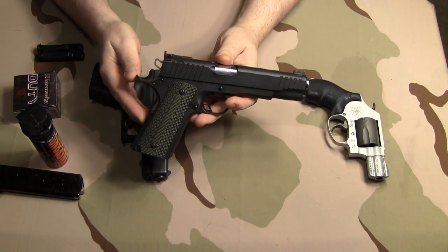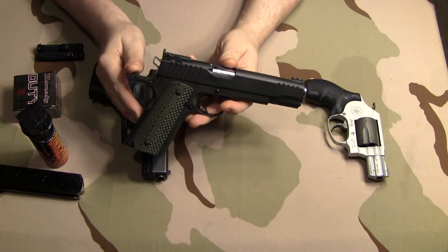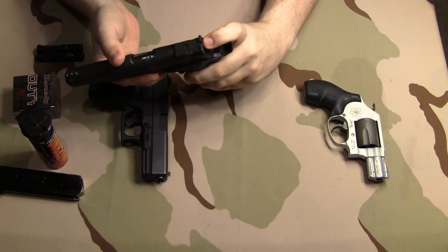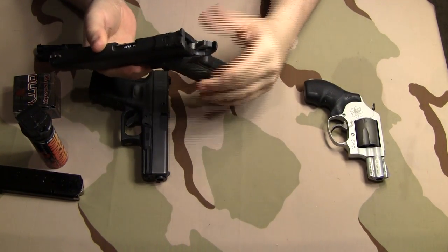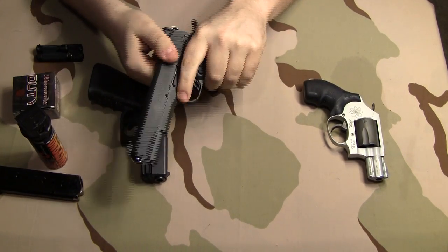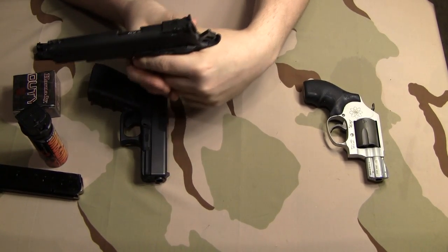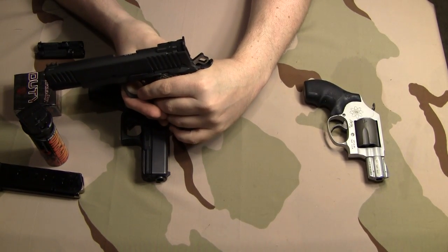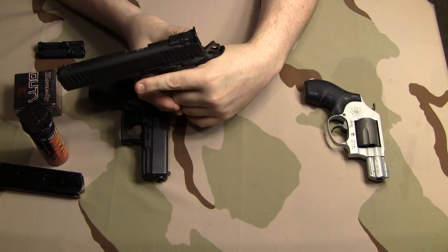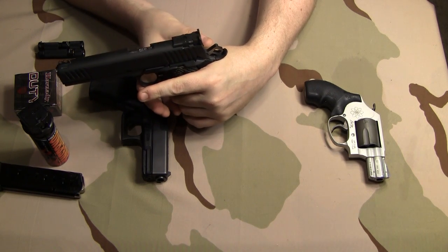So if you're newer to guns and you ever hear the term single action only, that means that your hammer has to be pulled back. With a 1911 you're going to have to chamber a round, so you wouldn't be pulling it back manually. You'd be racking the slide to rack one into the chamber. Now your hammer is already back on a 1911, okay? And then once you fire the gun, it's single action mode, because the trigger is only performing 1 action with this hammer,